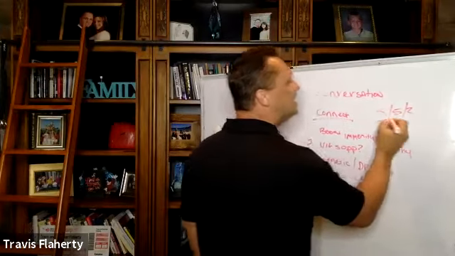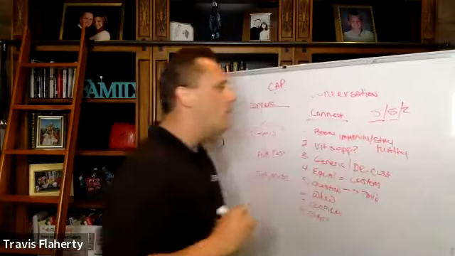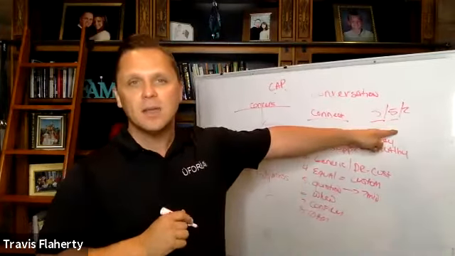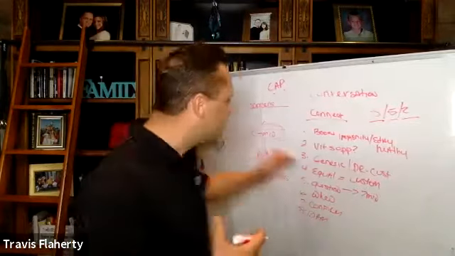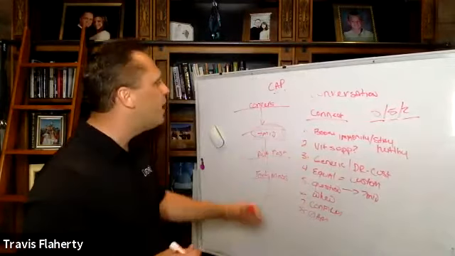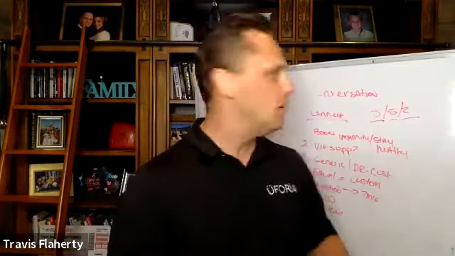5-5-2. I'd be at least putting 5 new people in process every day. I'd make sure that I have 5 people to follow up with every day. And if you're doing the first part, the second comes naturally. And then the 2 is just collecting decisions, moving them into the next exposure, connecting them to my upline, doing whatever I need to do to make sure that I move them into the next exposure.